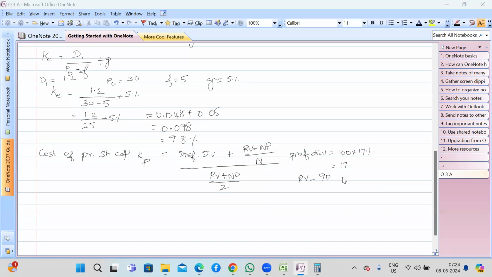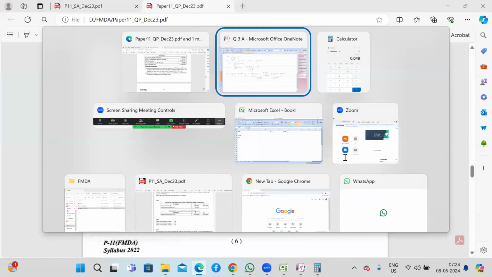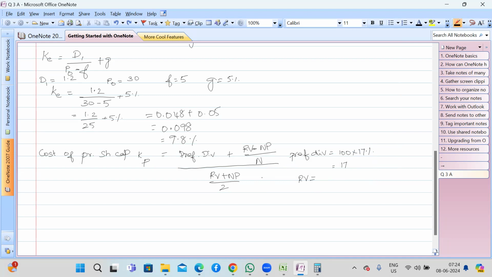Sorry, RV is here redeemable at par. So it is 100. So RV is 100. But NP, that is market price, is 90. Net proceeds: if I am issuing my different preference share capital now, I will be getting only 90 rupees. That is the net proceeds. N is 5 years, as we are going to redeem after 5 years. So now I'm going to substitute everything in this formula: 17 plus (100 minus 90) divided by 5, whole divided by (100 plus 90)